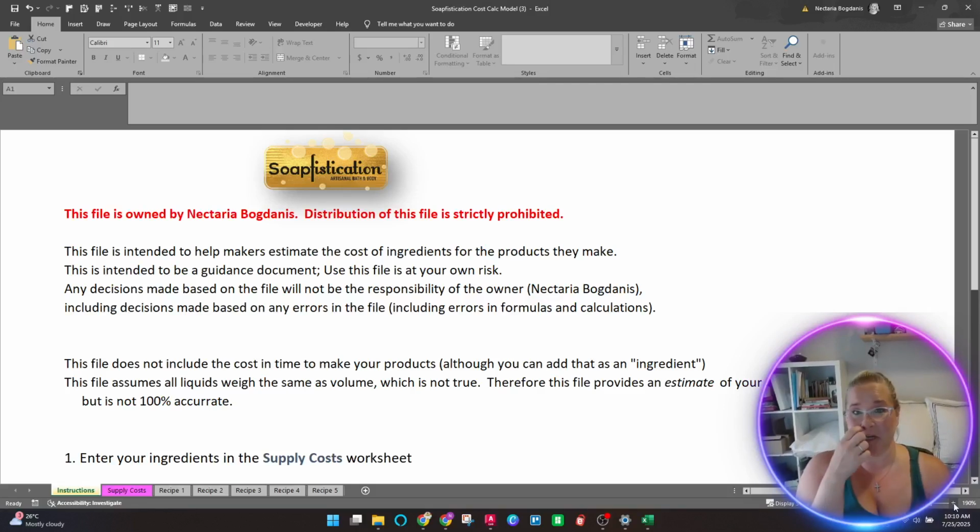To help reduce the risk of somebody going in and changing formulas that would cause problems, because this should work the way that I've done it, I have locked down a lot of the cells. So just be aware that this is not a document that you're going to be able to manipulate a ton. It's only going to be able to be used for this. I am working on another model that's a bit different that I'm going to be sharing with people who sign up for my email list in the future.